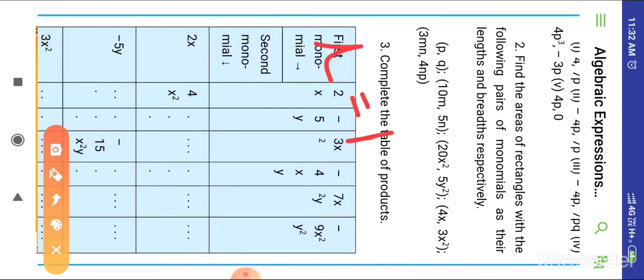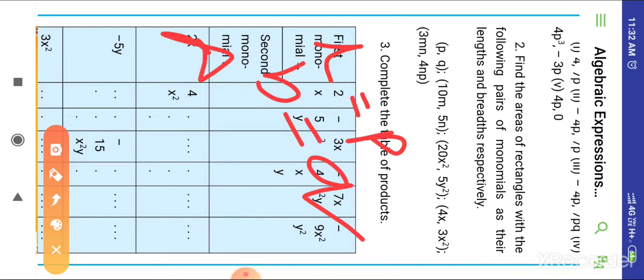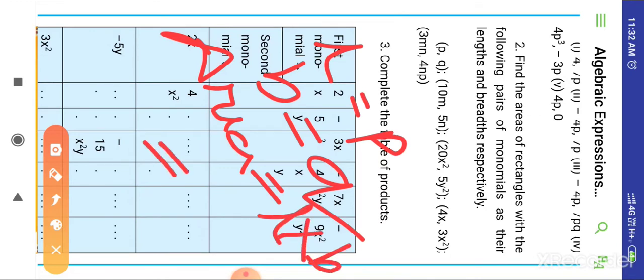Now move to our next exercise, exercise 8.2. First question of exercise 8.2 is convert the given fractions to percentage. To convert a fraction to percent, we have to multiply that number by 100. So our first part is 1 by 8. To convert this number into percentage, we have to multiply this number by 100.